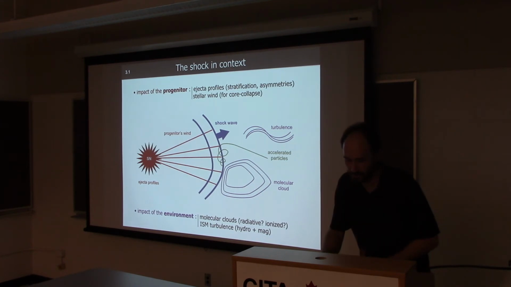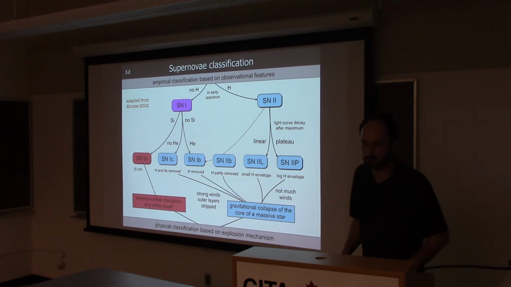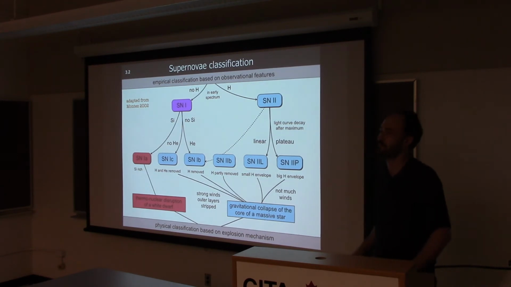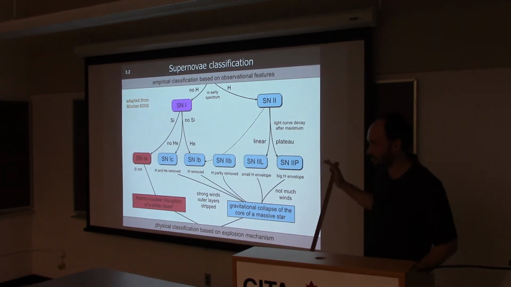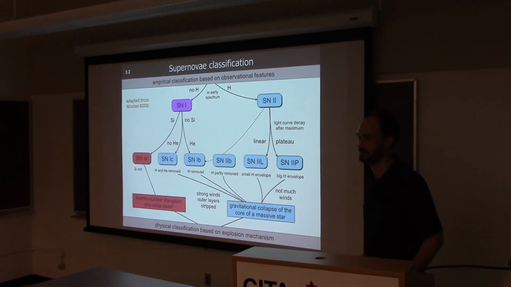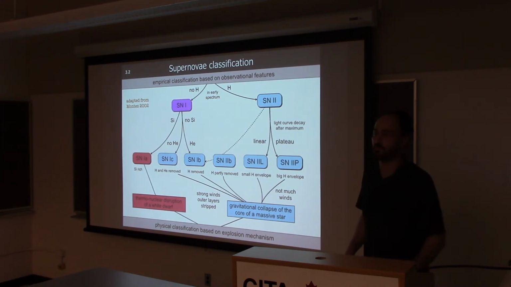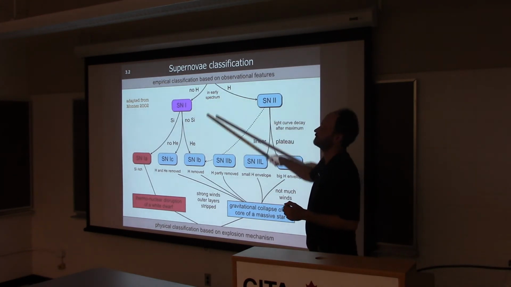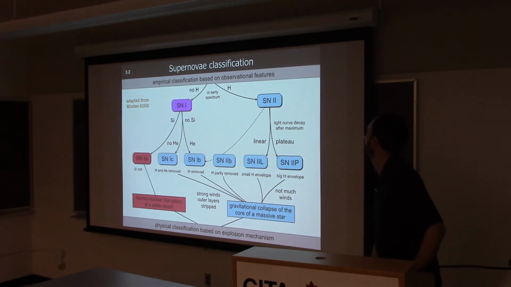And so here it's useful to recall the distinction between the different kinds of supernovae. So yeah, does it look complicated? This is actually a simplified version, right? That's like the main ones, okay? So the classification of supernovae is from observations. And so historically it was like, do we see hydrogen, and then do we see silicon and helium and so